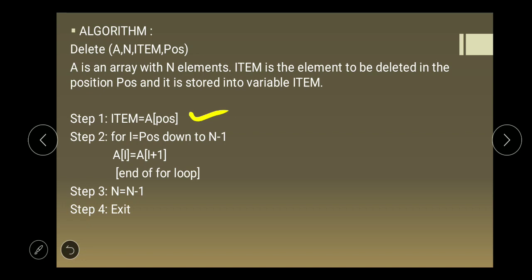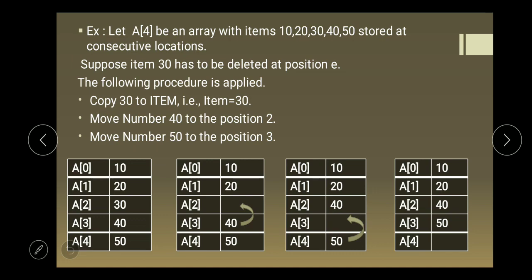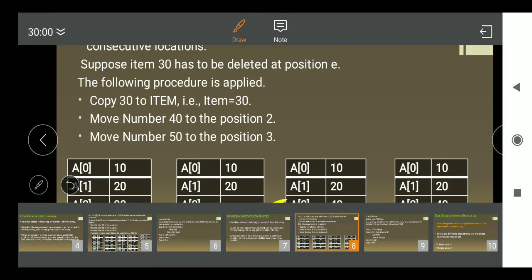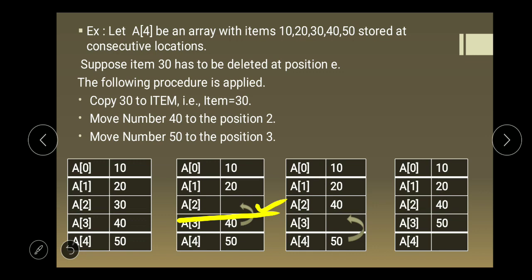Here again we have the for loop. If A of I is equal to A of I plus 1, then here we have A of 2, which is our position. A of I is equal to A of I plus 1 means A of 2 is equal to A of 3, I plus 1, 2 plus 1.